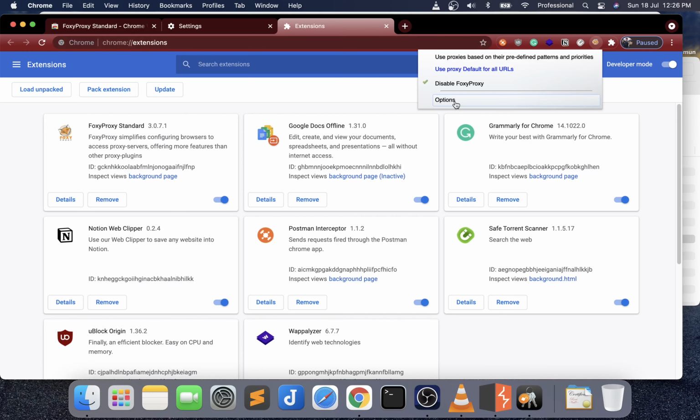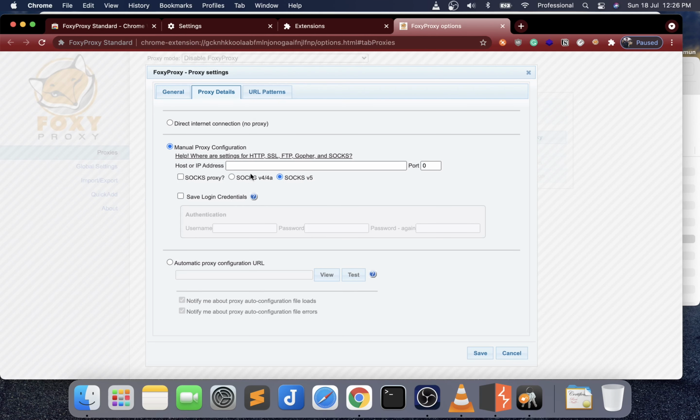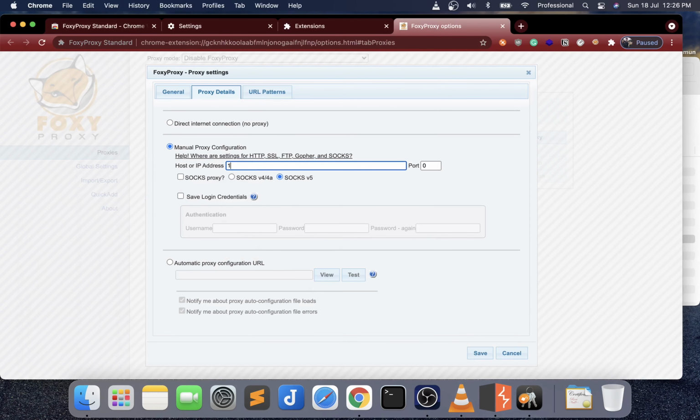Now we will configure it. So we'll go to the options, add a new proxy, and we will give the proxy details that we took from Burp Suite. That is this one. So 127.0.0.1 port 8080.